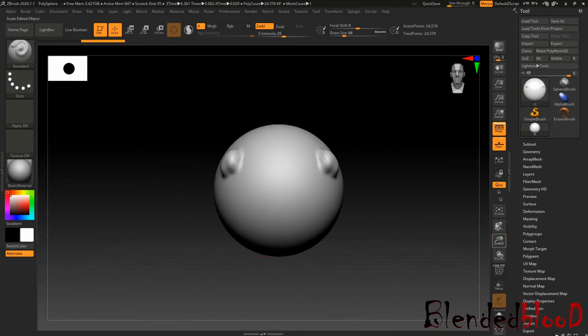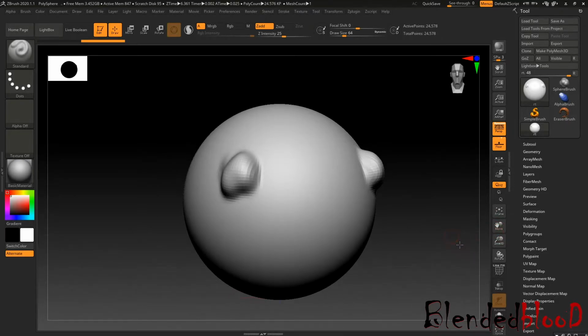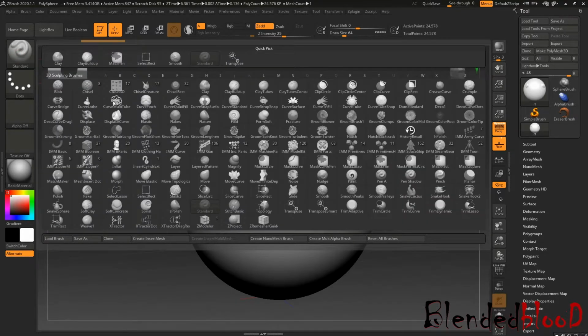Because we are going to sculpt any kind of creature or stuff in this software. Okay, so we require just 4 or 5 basic brushes, not all of the brushes are required to complete an object. Remember this thing, you need to just work with 4 or 5 basic brushes. What are those? I will show you.